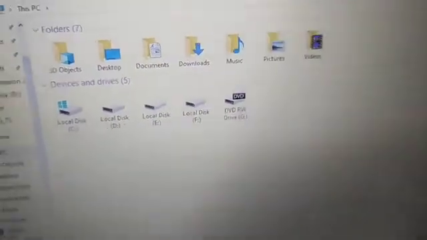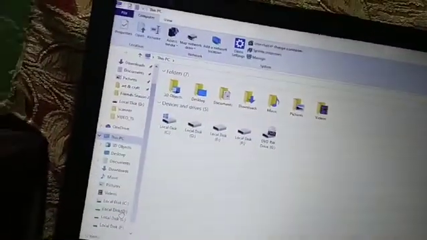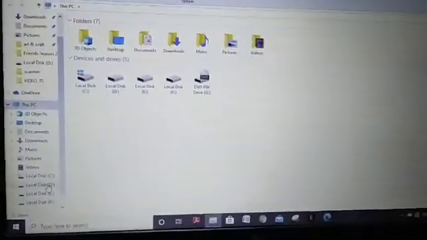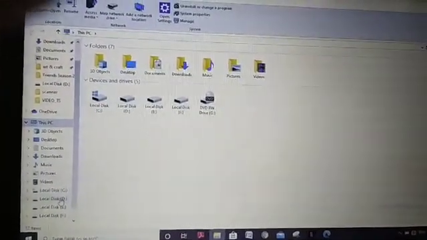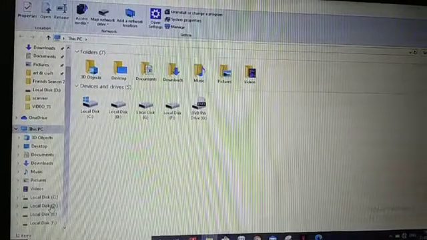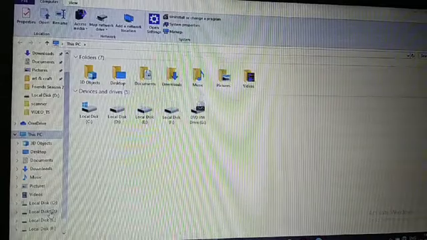Understood? So this is your computer icon. When you double click on the computer icon, this window will open and it will show you different parts of the hard disk where you can save your work. Okay, understood? Now